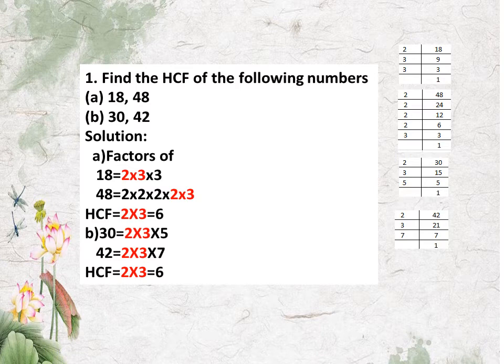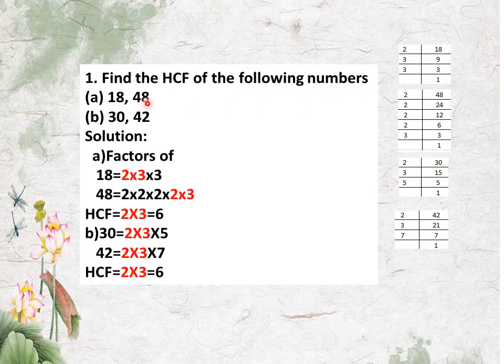Question number 1, find the HCF of the following numbers. So we are going to calculate the highest common factor of these two numbers, 18 and 48. So what we need to do first, we will take out the factors for 18, factors for 48. So factors for 18, how are we taking it out? 2 9s are 18. Then this 9 we are dividing: 3 3s are 9. Then 3 1s are 3. See, first 18 is there, that we are dividing, like 2 9s are 18. Then again you have this 3. 3 3s are 9. Then 3 1s are 3.